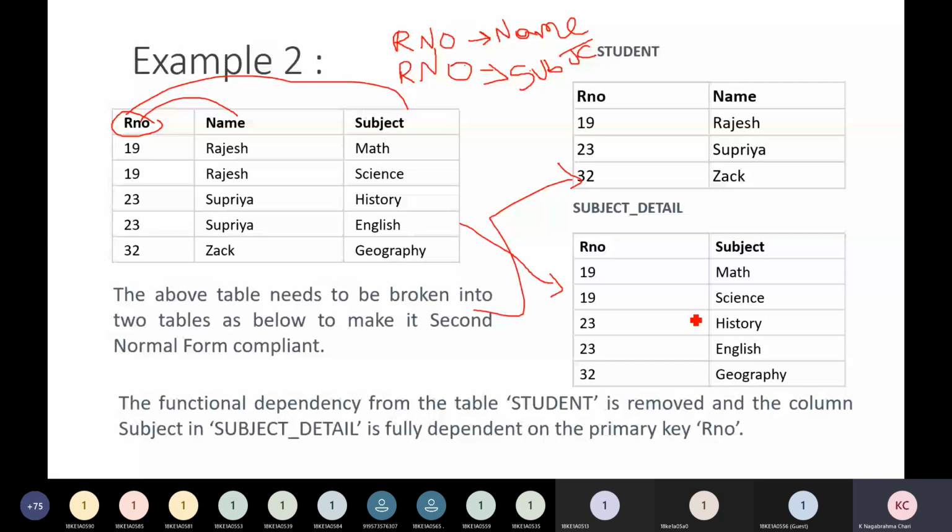Okay, so to avoid more functional dependencies, we are using second normal form. So in second normal form, you have to remember first the table must be in first normal form, and if there are more dependencies, functional dependencies or partial dependencies, we are going to eliminate the partial dependencies or functional dependencies. Then we can say that the table is in second normal form.